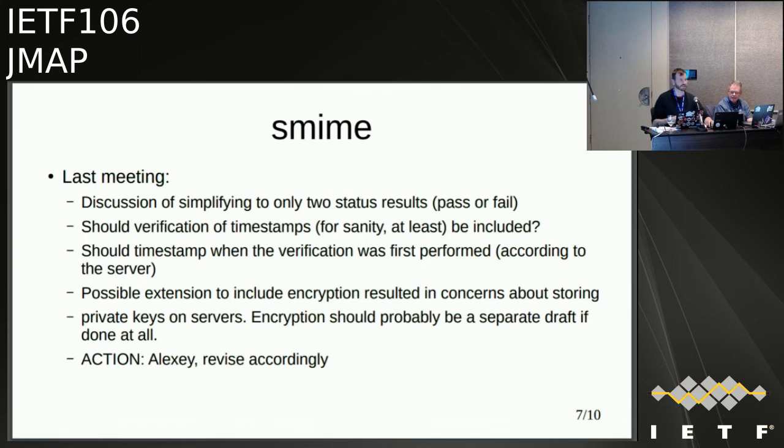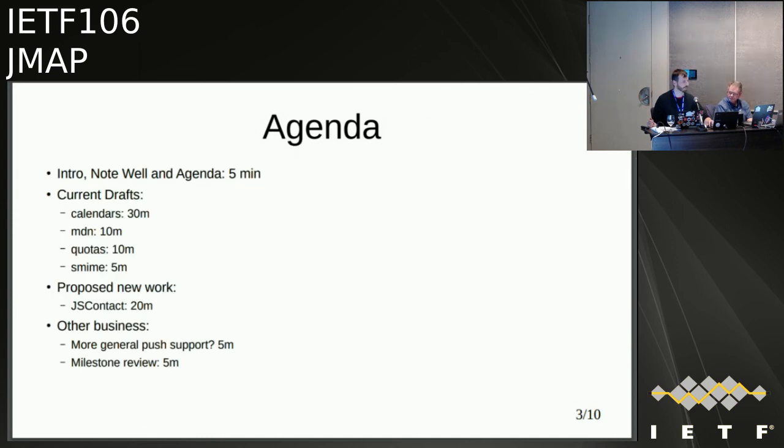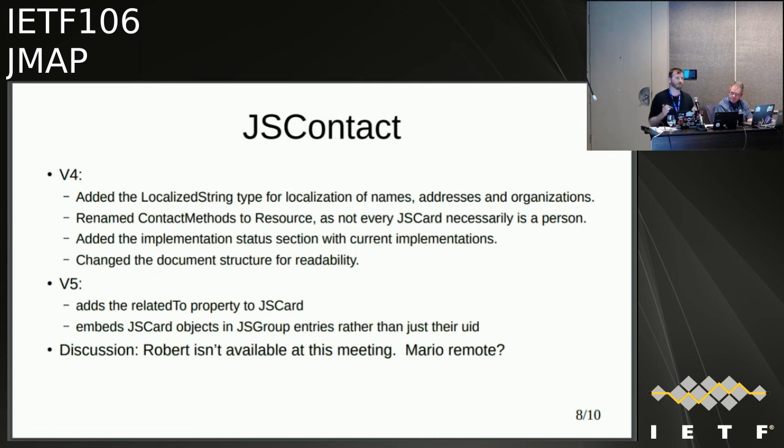SMIME, I've already said I was going to say Feb 2020 for the simple one, and likewise for adopting an additional document for the more complex SMIME. Fine. Cool. MDN's covered. JMAP calendars, we've said we'll push that out to July next year, and then decide what to do with that. And JSContact, realistically, well, we've got to adopt it first. So we won't set a milestone for it at this meeting.